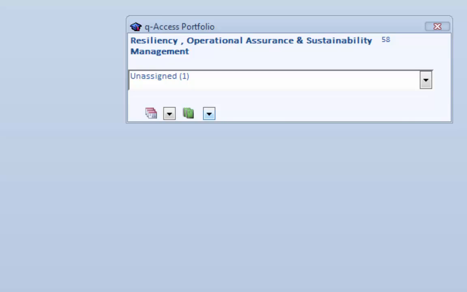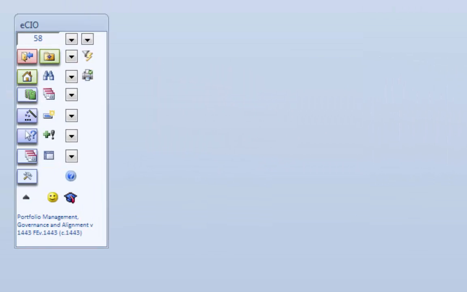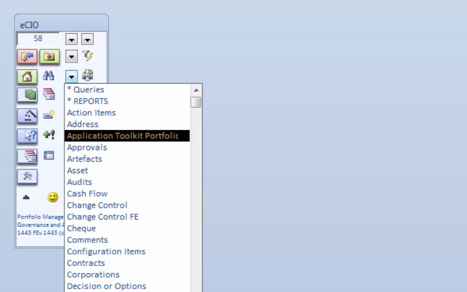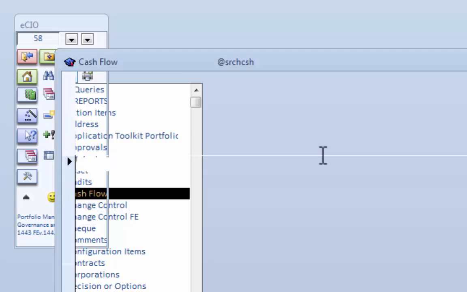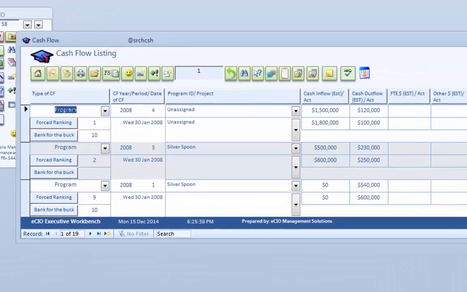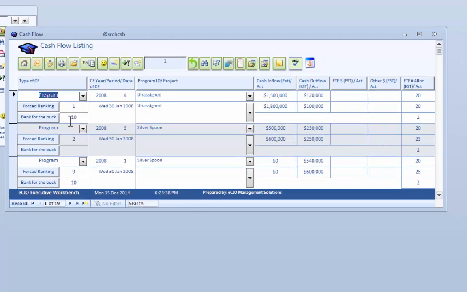The other one is, well, I wanted to show you a little bit of the cash flow. Actually, that's tied into your programs and your portfolios. You can start to look at it. There's some of these bang for the buck, which should be that force ranking, some of the dollars in through it. If we actually look at going